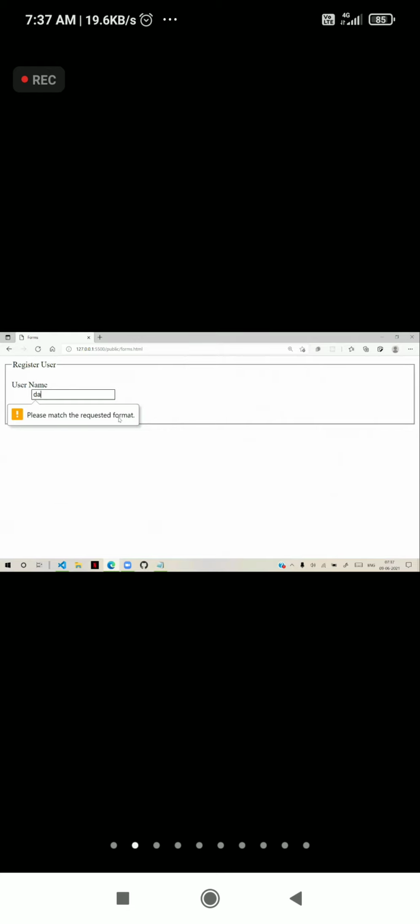Requested format means only uppercase letters. Two characters I am typing, still not satisfied because minimum 4 characters. Okay, minimum 4 uppercase letters, and click submit. Now it is working. Anything else you type, it's not allowed. It is not matching the requested format.